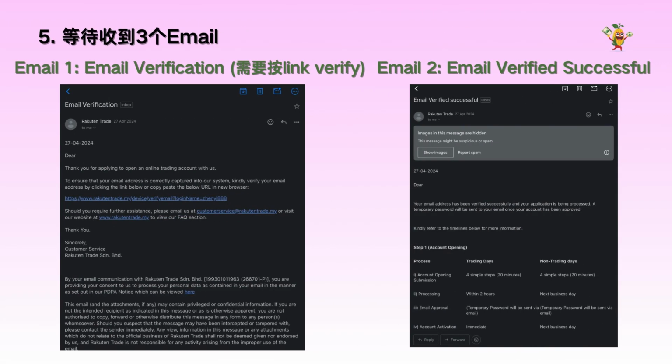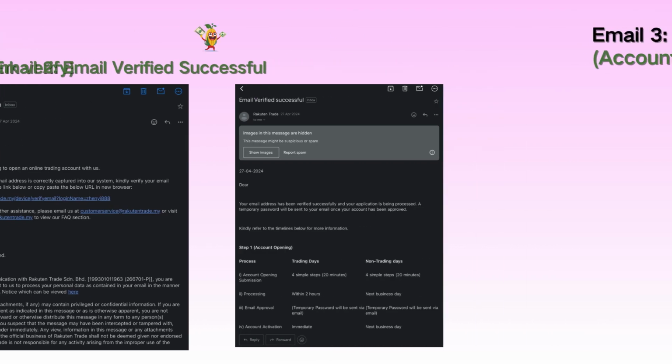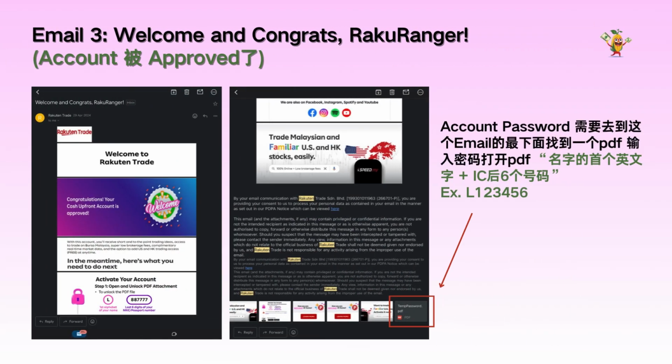Step 5. You will receive 3 emails in total. The first email is email verification, which you are required to press the link to verify your email address. Email 2 will inform you whether the email is verified or not. Then, wait for around 24 hours to receive the third email, which informs you about the successful opening of account